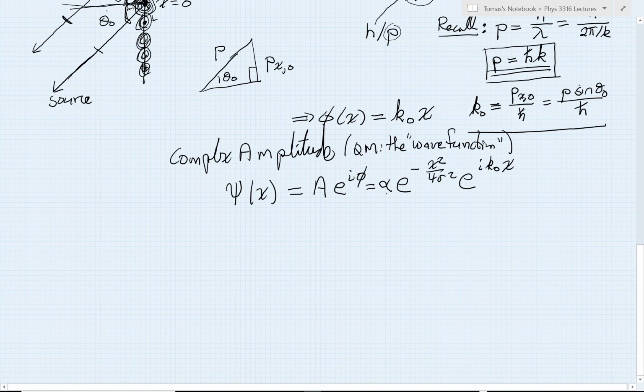And the way we can do that is to make a specific choice. So we're going to make a choice, by convention, alpha, so that